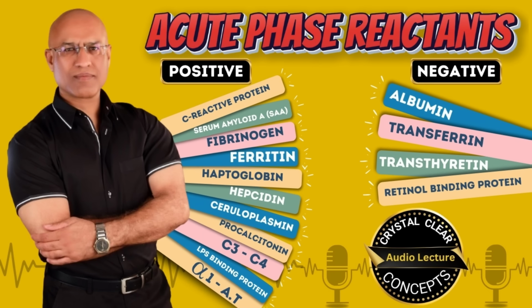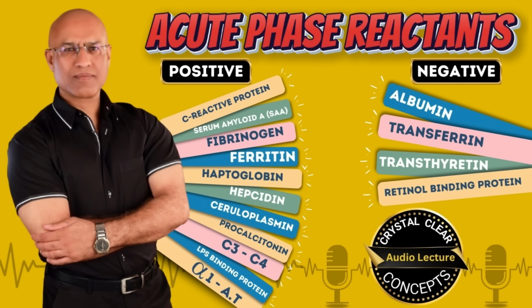Now, let me redefine the things. What are acute phase reactants? Acute phase reactants, more appropriately called acute phase proteins, are those proteins present in plasma which increase or decrease at least 25% of their concentration whenever in the body there is injury, inflammation, infection, or any kind of stress,